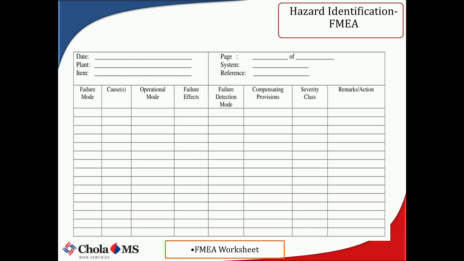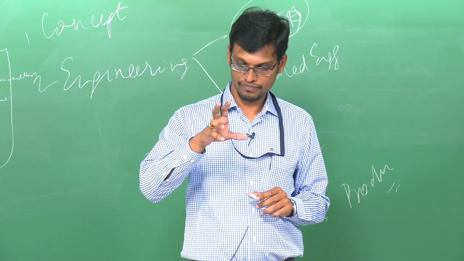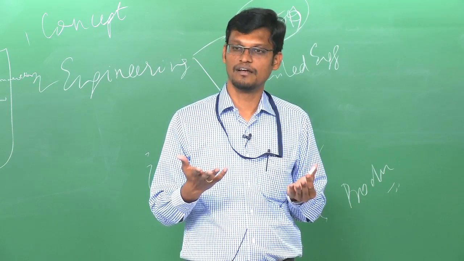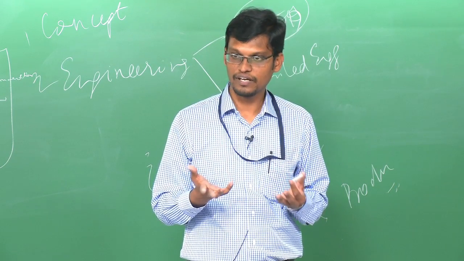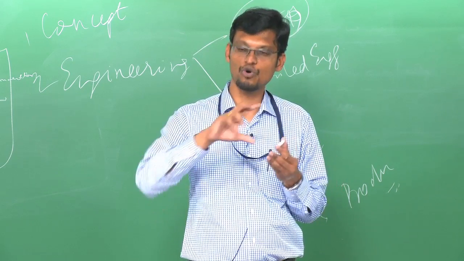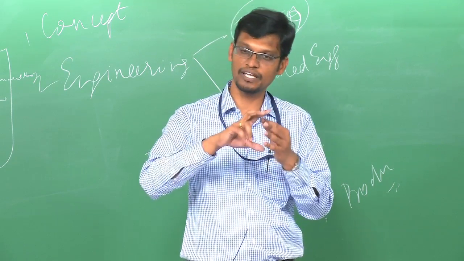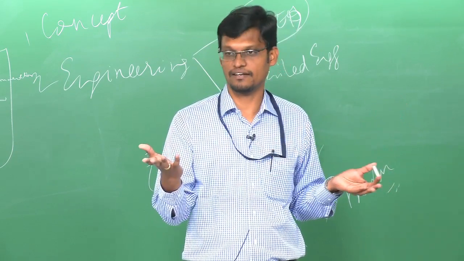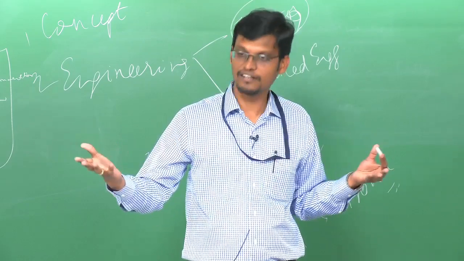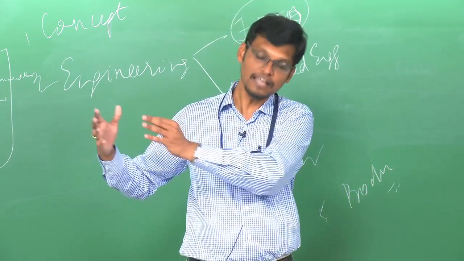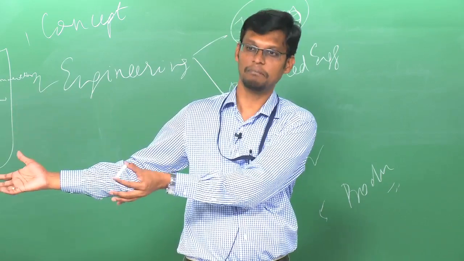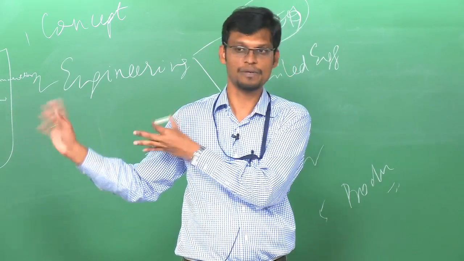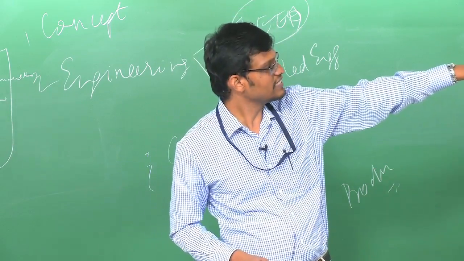What is the effect? For example, you have a valve which is operating beyond its limits. Assuming there is a control valve, it is supposed to open only for, let us say, a quarter turn, but it is operating for half a turn. What will happen? Assuming it is a valve fitted in the nitrogen line, it will let more nitrogen flow through the line. That can result in pressurizing a downstream equipment, or a loss of nitrogen in case it is an open system type of thing. That is the failure effect.